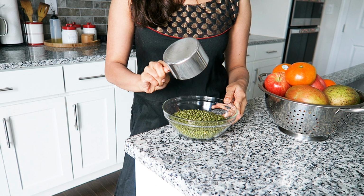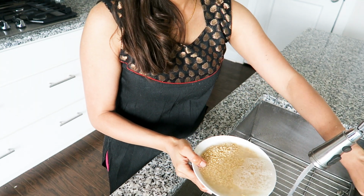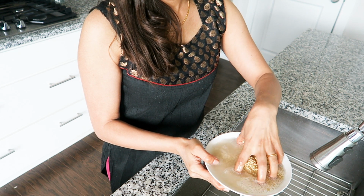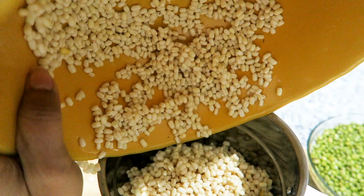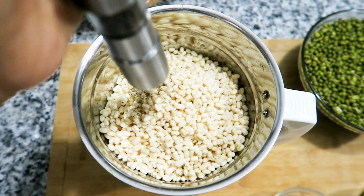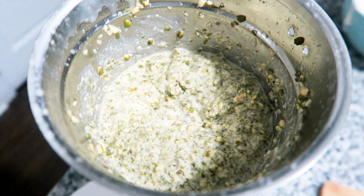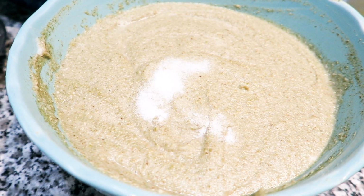The second recipe that we're making today is a high protein idli, which is a must try, a new variant of taste if you are an idli lover, because we're going to make this surely a must try recipe for growing kids. So for that, what I'm doing is soaking 2 cups each of moong dal and urad dal separately for about 4 hours or so, and then we'll grind it separately again along with a little bit of black pepper. Then we'll mix it up together and let it ferment for about 4 to 5 hours again,